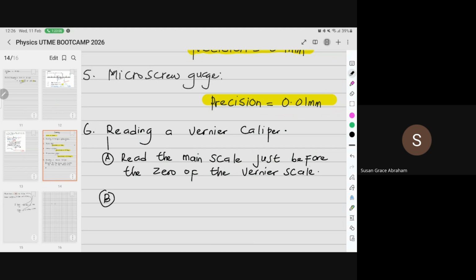Now, the second step is that I should find